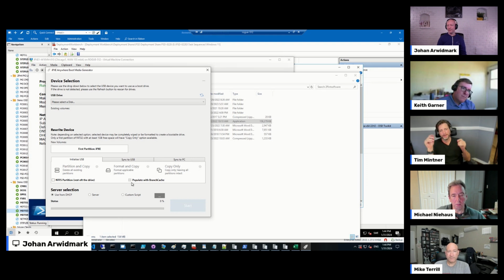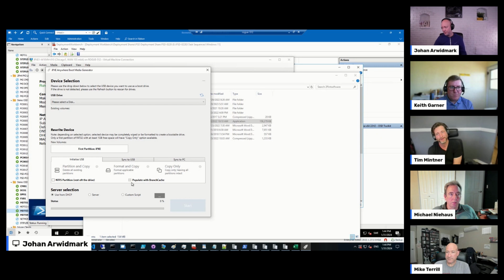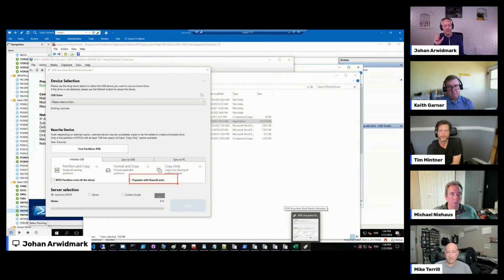Yeah. So we talked about, oh, go ahead. We do have a tool that helps you create that USB stick. I just put it up on the screen here. You can either have it create an ISO or a USB stick. And there is a pretty cool option that is, I wouldn't say hidden, but it's down here. Say that you deployed the device already, you can ask it to populate the USB stick with all the BranchCache blocks that the sequence used, and they will be encrypted on this USB stick.